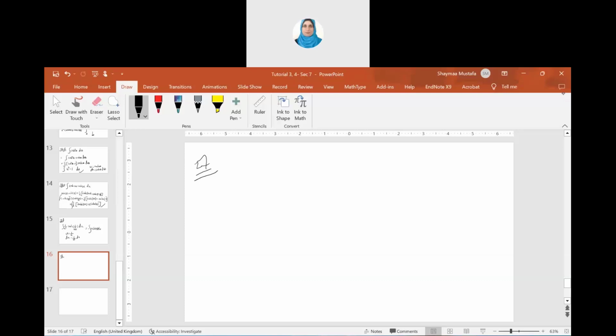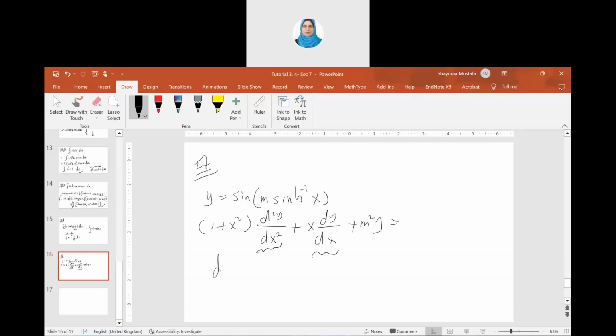For 27, y is equal to sin(m sin inverse x), and you need to prove that (1 plus x squared) d square y over dx square plus x dy over dx plus m square y equal to 0. So here, to show that this expression equals 0, you need to calculate this one and this one and substitute. You need to find dy over dx,